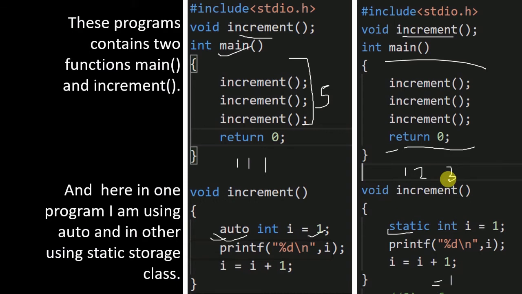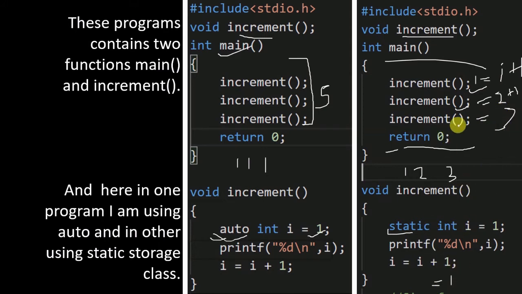During the first call of increment, i is incremented to 2, meaning i equals i plus 1. The i is initialized to 1, and 1 plus 1 is equal to 2. In the next call it prints 2, then it works out 2 plus 1, and here it prints 3. That is how it works.